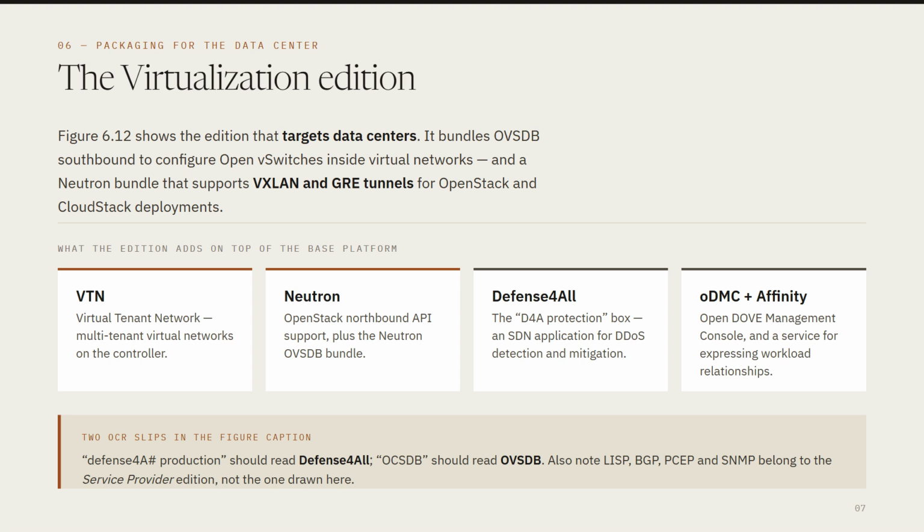VTN, Virtual Tenant Network, which provides multi-tenant virtual networking directly on the controller. Neutron support, including the Neutron OVSDB bundle for OpenStack integration. Defense for All, sometimes labeled D4A, which is an SDN application for detecting and mitigating DDoS attacks. And finally ODMC together with the Affinity Service, the OpenDove Management Console, a service that allows operators to express